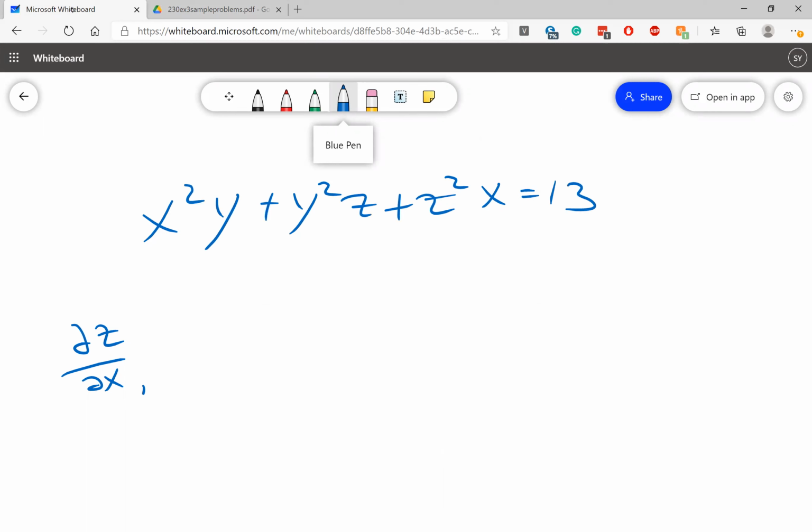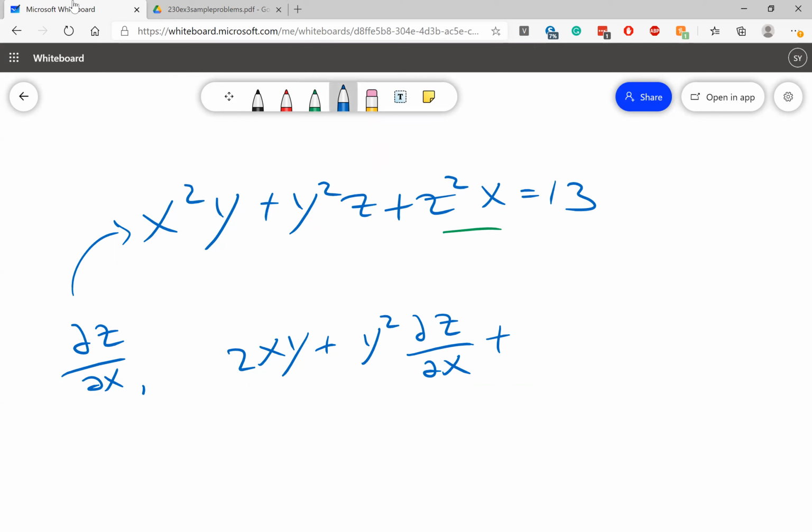Okay, so we can just put this in here, put it through. For the first one, we are going to get the partial of z with respect to x of x squared times y, and that is going to give us just a normal 2xy. For the next part, we're going to get plus y squared times the partial of z with respect to x, like normal implicit differentiation, plus we would have the product rule for the third one, so that would be